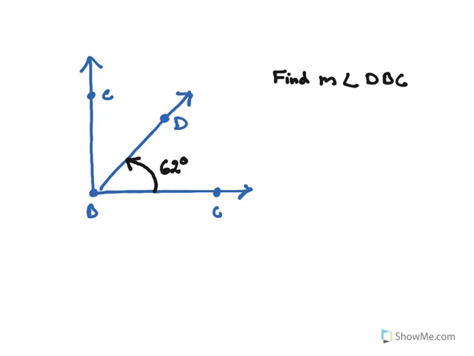You need 3 letters, not 2, you need 3. 2 would either be a line or a segment. So we want the angle. And the solution to that is that we want to find the measure of angle DBC. That's going to equal, remember the angle